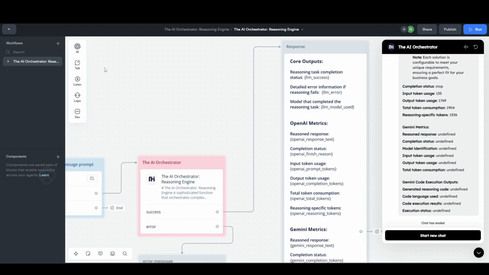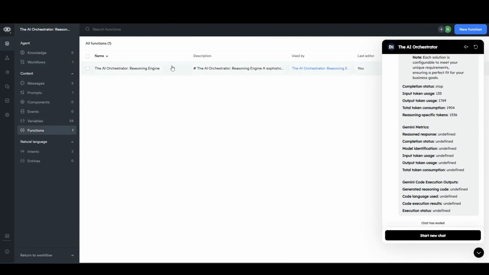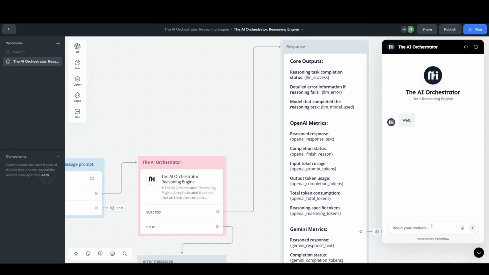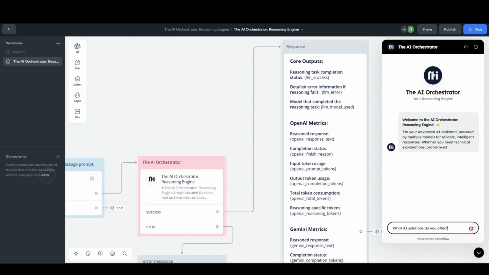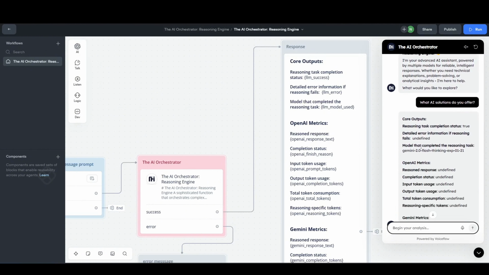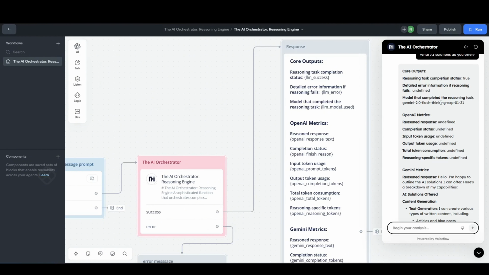The next is that we're going to use the Gemini 2.0 Flash Thinking, and we are going to use it without code execution. So we can see here that the Gemini model is being used without code execution because we put it on false.